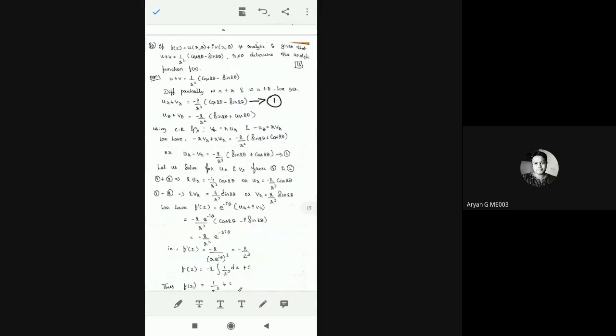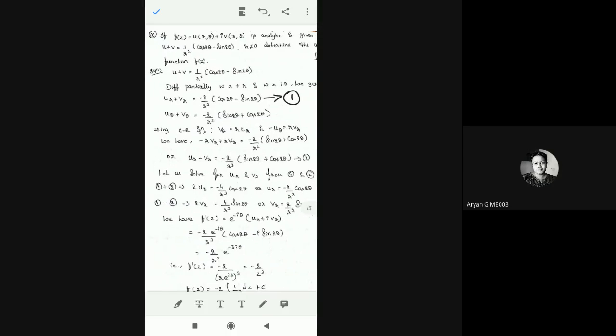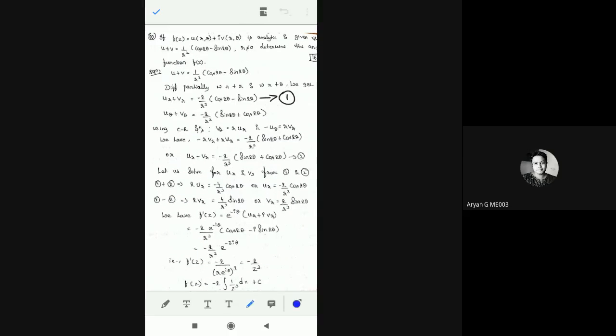So equation number 1 and equation number 2. See the LHS part. The LHS part is ur plus VR and another one is ur minus VR, correct? So linear equation in two variables. When you add, plus VR minus VR cancel. When you subtract, plus ur minus ur get cancelled. So that is what we are doing. First thing is we added these two equations.